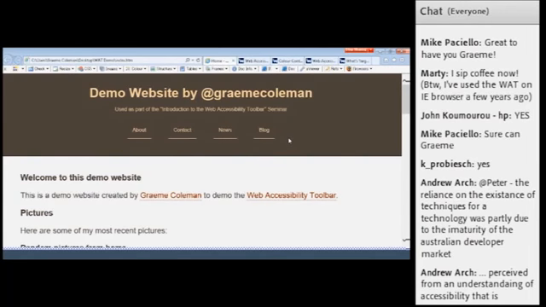There's many options within the toolbar, not all of which I'm going to be able to go through today, but I will demonstrate some of the options and functionality, so that you can try using some of this functionality either on your own websites or on client websites, or if you're developing websites, then you can try using this tool.